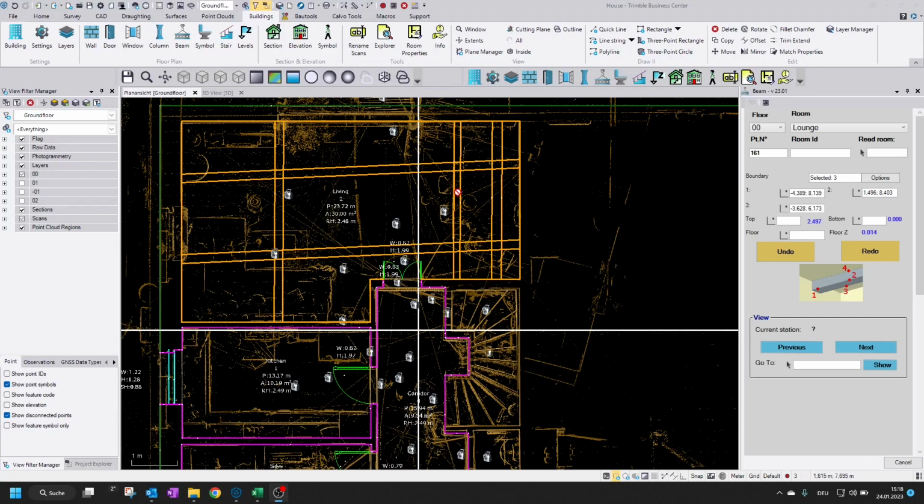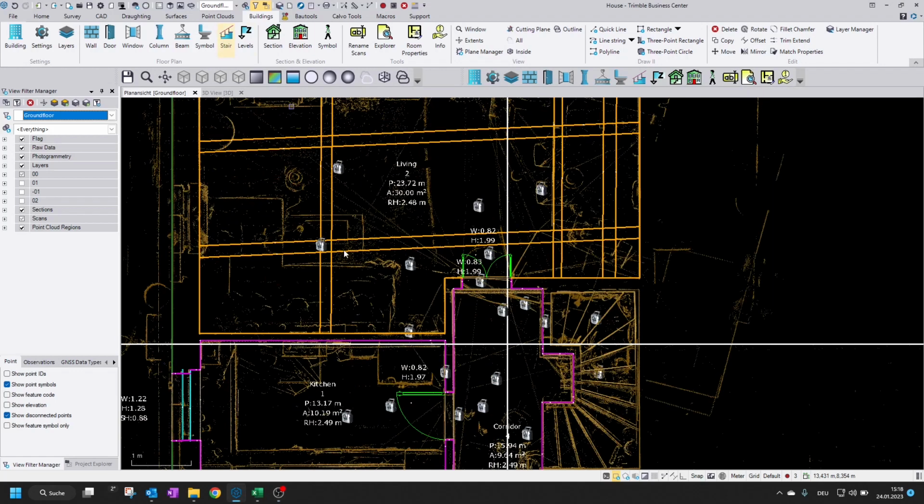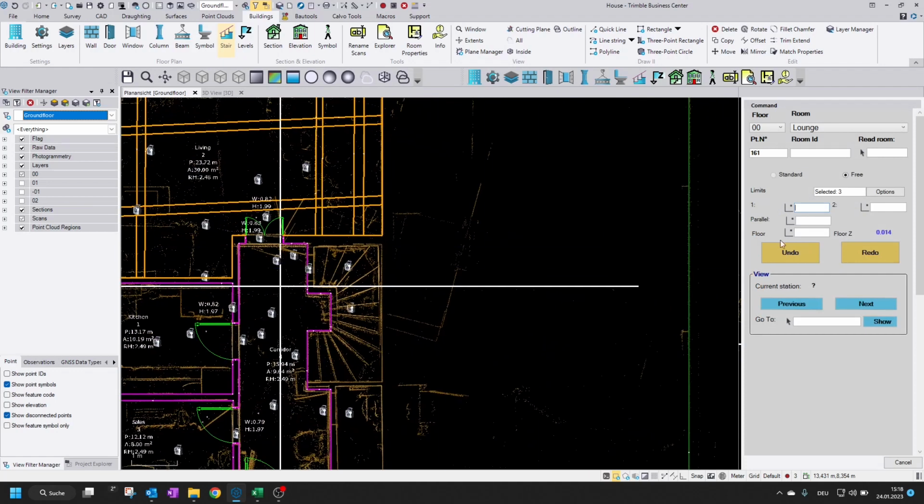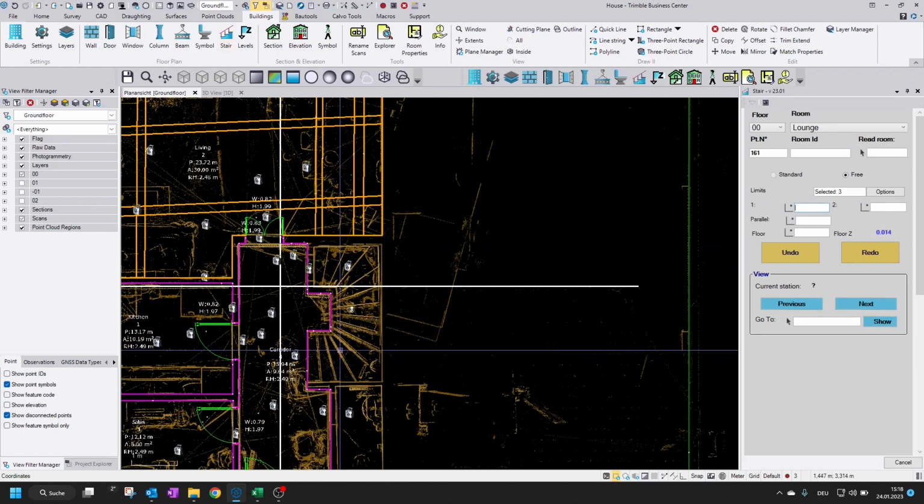It's a similar philosophy to the way we create the beams for creating the stairs. So we open the stair function, and we will also pick the boundaries, and then we pick 2 points per step, and the software will extend this line. So firstly I would create this room, this